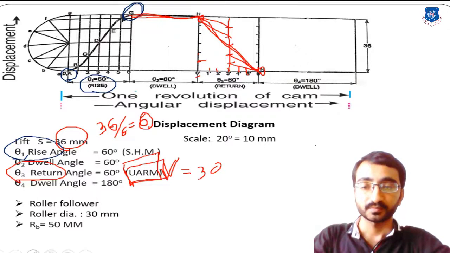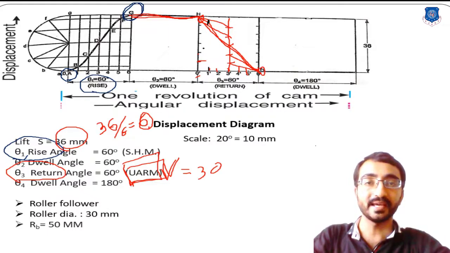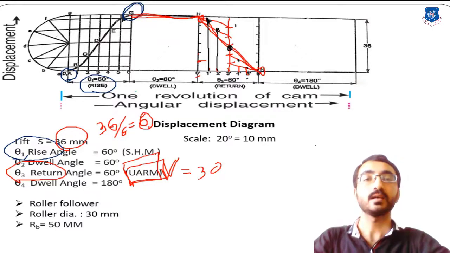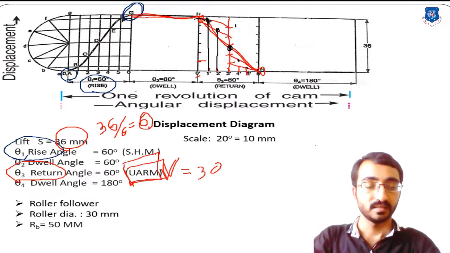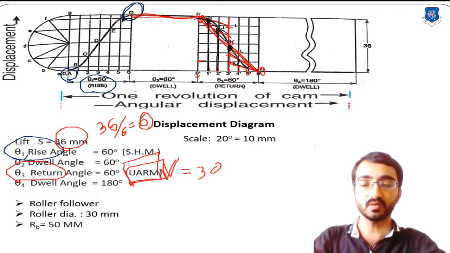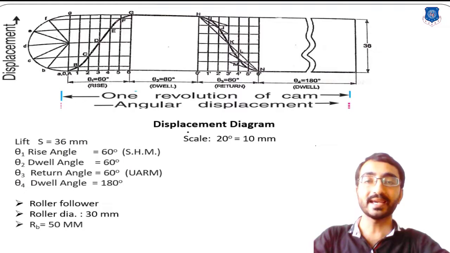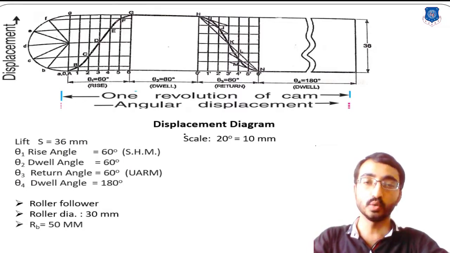Now in this way you have connected this line. Now from your horizontal line's divisions, this intersection will give you a point. If you intersect this 1 to this 1 dash point, or the first line, this will be your first point. From 2 you will get the second point, third dash will give you the third point, fourth dash, fifth dash and sixth. So in this way, by simply joining these points, you will get the UARM curve. In this way we can plot the displacement diagram for SHM as well as the UARM method.